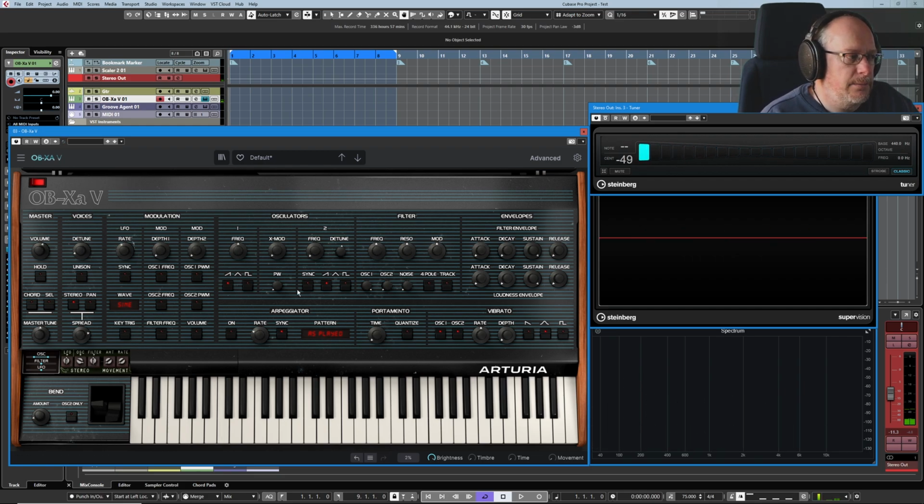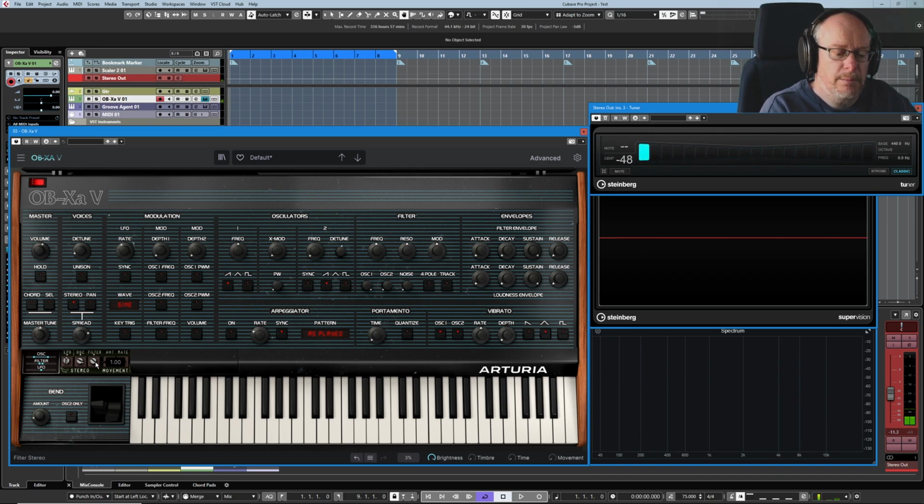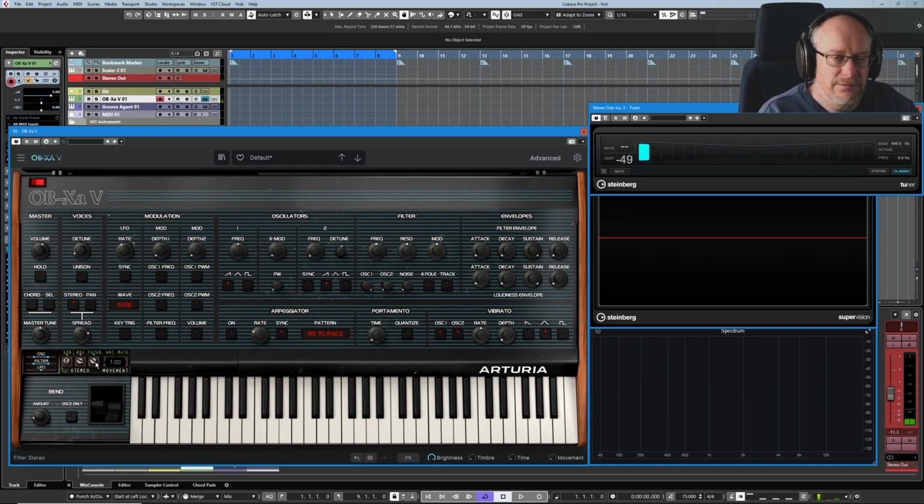And we can do the same with the filter bank, which is why we started with some filter engaged. Let's turn that up. Now each note that I play has slight variations in the oscillator, in the pitch, and slight variations in the filter cutoff. But we can do more, because we can vary the rate of change of those modulations with these little movement